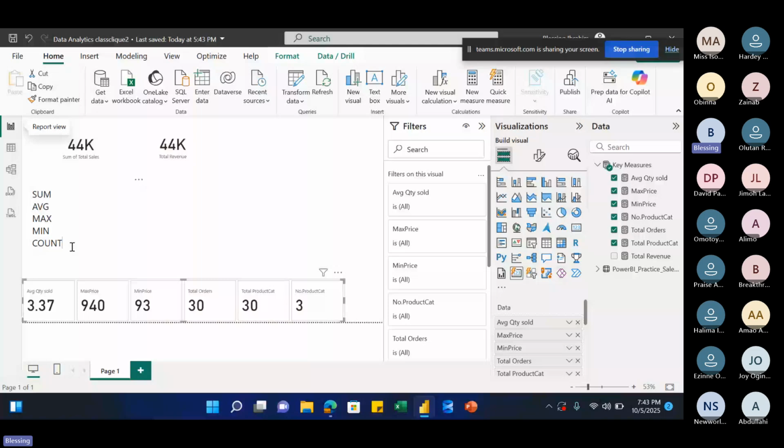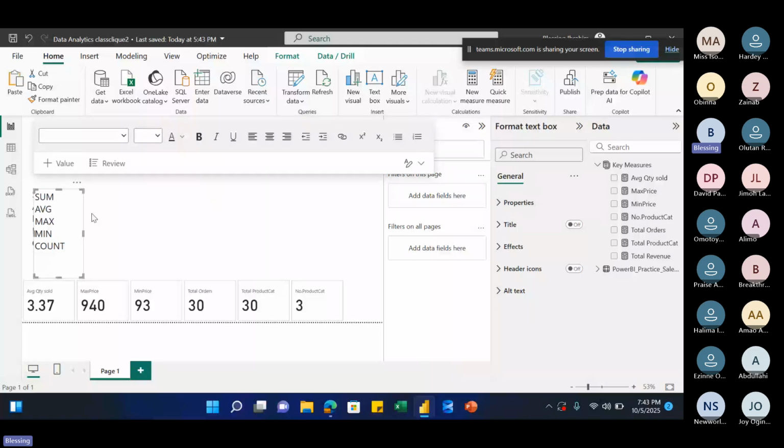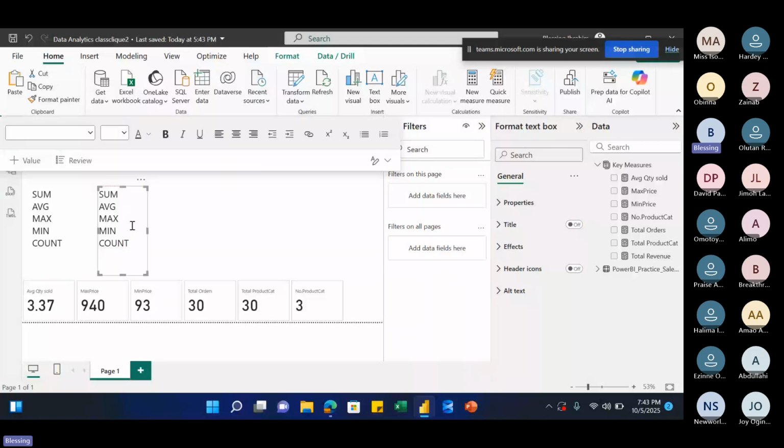So now we're going to look at iterative functions. What are iterative functions? All these ones are simple math functions to just sum, average, mean, and max. So iterative functions are functions that allow you to perform row by row evaluation of your data, calculating your measures. In this, we're going to be looking at max x, sum x, average x. Anytime you see any function with an x at the back, like sum x, average x, max x,